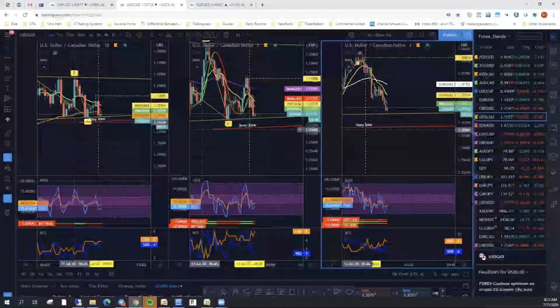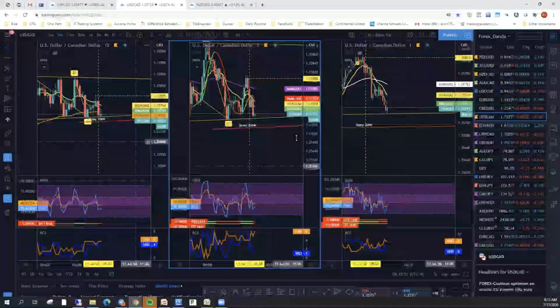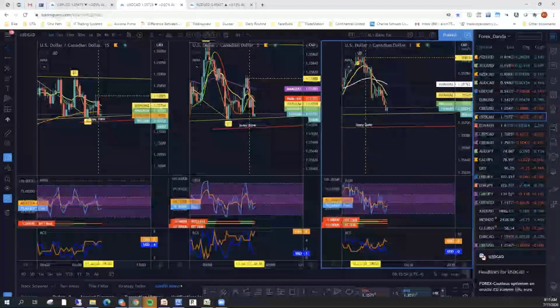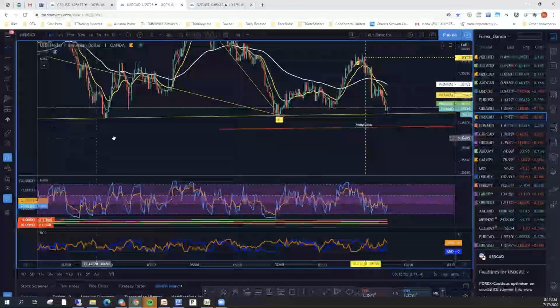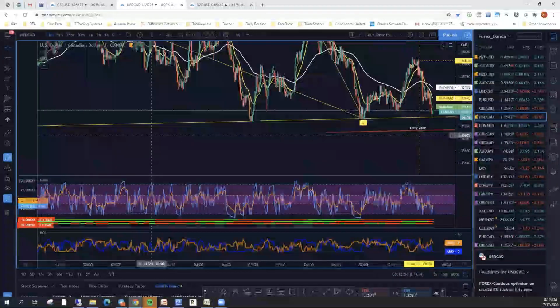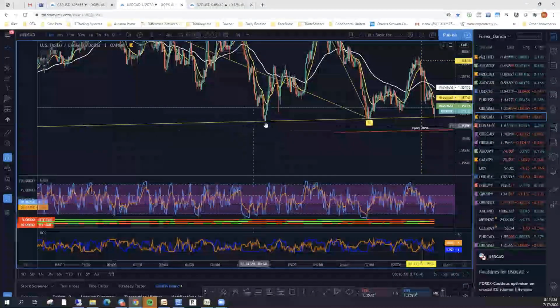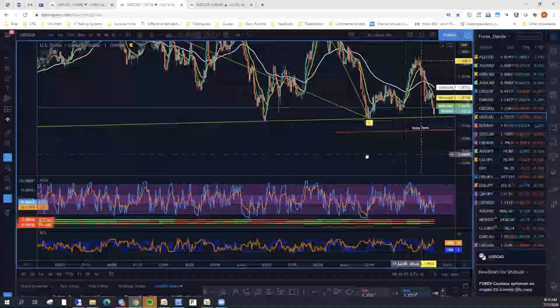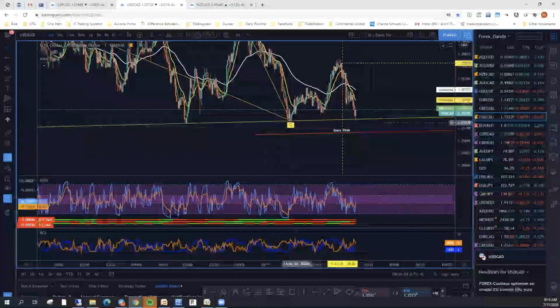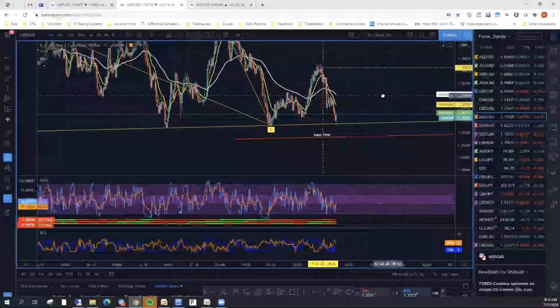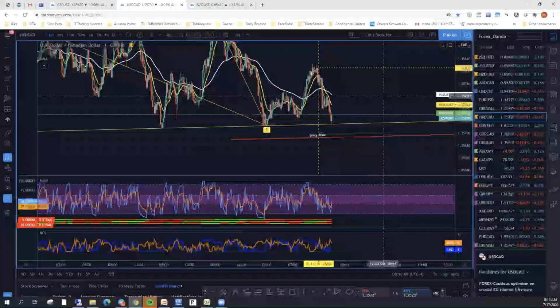That was our, basically, if you look back here, where we drew the original wedge, the A was the anchor. Here was the first hit. Here's the second hit. This was the third hit, retesting this trend line. And so we're still looking for